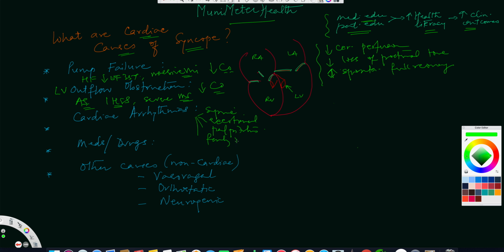If there is a family history of sudden cardiac death, previous syncopes in the family, or episodes of sudden cardiac death, then that is a very strong cardiac stigmata where you have to explore it very thoroughly, because these patients may pass out, or may present with sudden cardiac death episodes also.